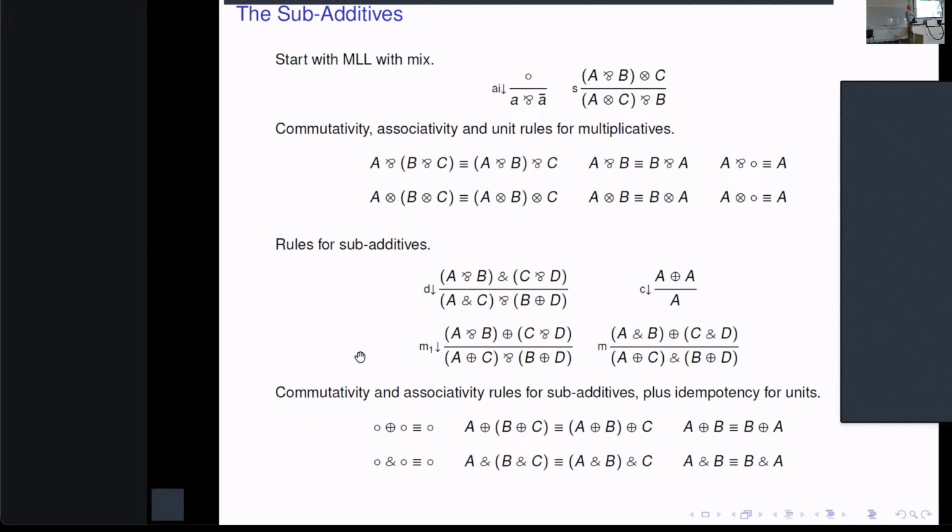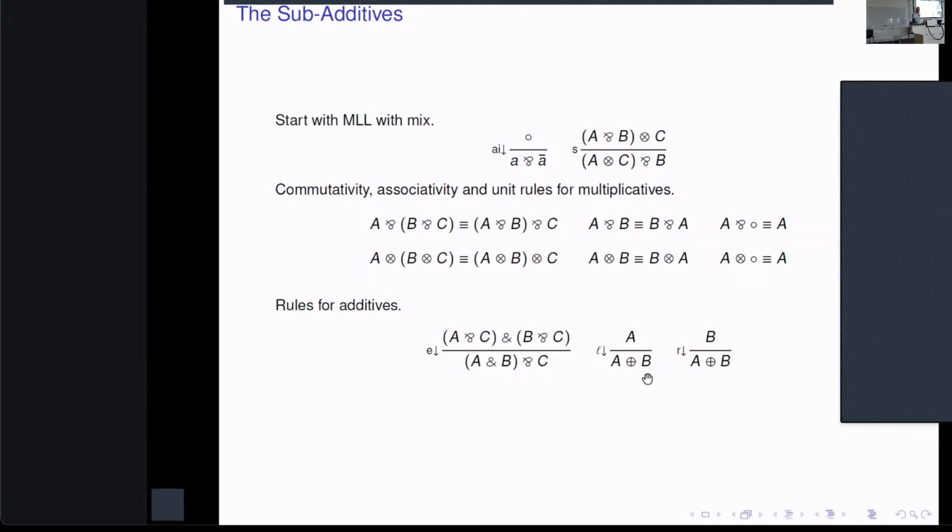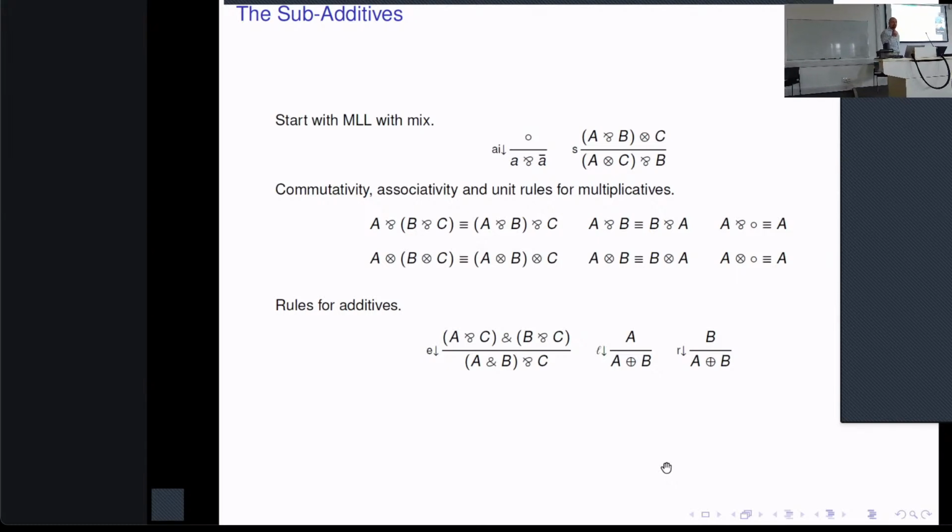Yes, so here is quite a different system. So we've dropped, what have we dropped? Important things we dropped. So we've dropped this rule here and this rule here. So we're not allowed to make choices. Okay, but we still want to have the kind of essence of how the additives behaved. And the essential thing was really this contraction. So that allowed us to do this. So we still want that A and A is equal to A, where A and A are the same. Okay, that's a property that we would like